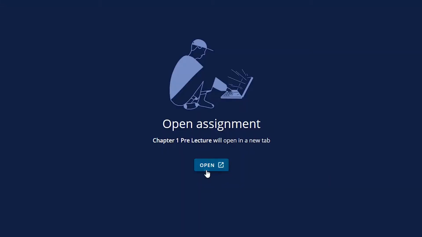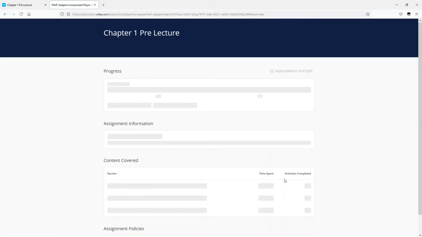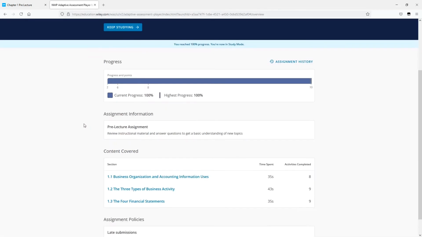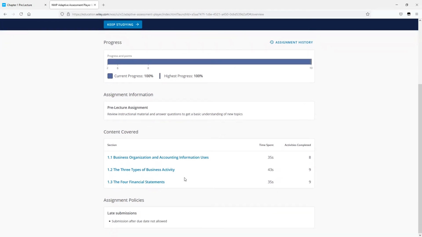Now that your students have completed their adaptive assignment, they can still go back into the assignment to continue studying or to review the work they've done. Let me show you. Launching the assignment the way they normally would, your student is once again taken to their overview page. Here, they can click on Keep Studying to hop right back into the adaptive environment, or they can